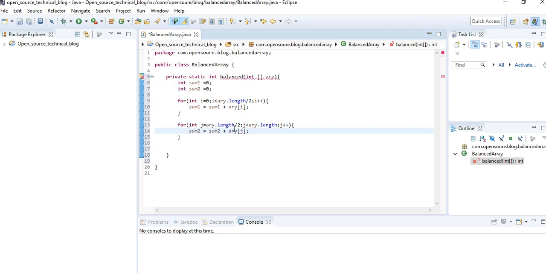In this loop I have started from the half of the array, then I am checking up to the last length or last element of the array.